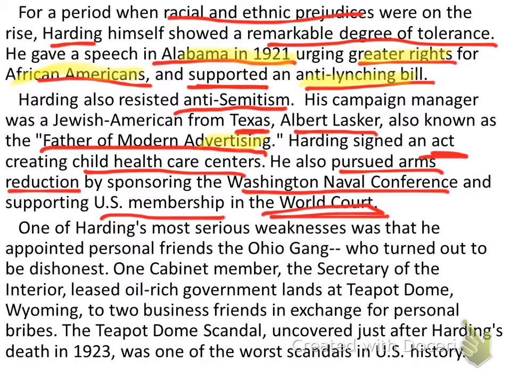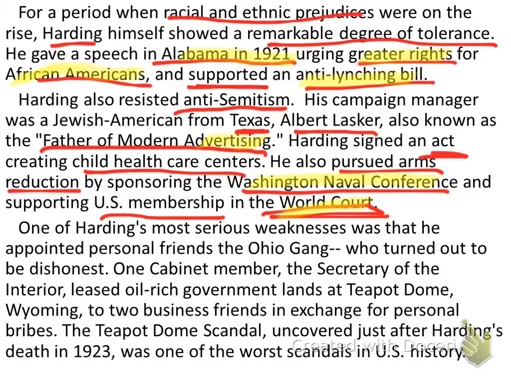Now again, whether these are good things or bad things today is not really relevant, but the World Court and the Washington Naval Conference at that time were groundbreaking decisions. The fact that the World Court has not necessarily evolved the way that benefits America or many democracies is not relevant, but it was groundbreaking at that time. However,